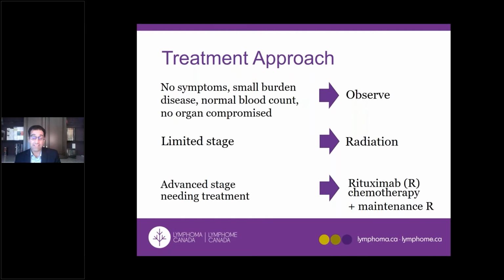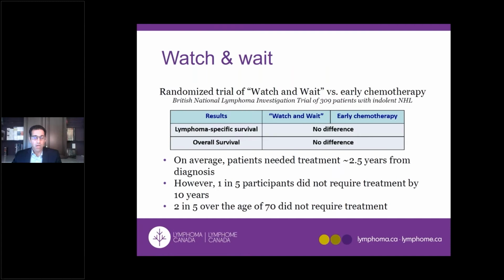If the patient has an advanced stage and needs a treatment, has B symptoms, or there is compression by the lymphoid tissue over a vital organ, then we can give chemotherapy or immune therapy, as we will talk about in the future. Watch and wait, we usually choose this option if the patient doesn't have any indication for treatment,